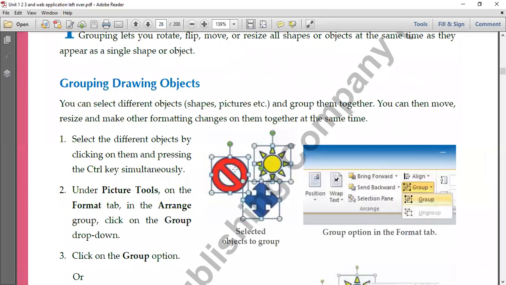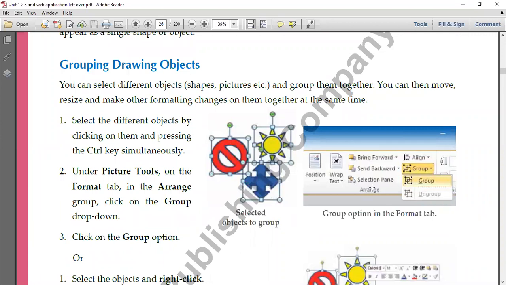Grouping means like if I want 2-3 images to be connected, so that if I drag one image, other also, they are also dragged. If I would try to increase the size of one image, बाकियों का size भी increase हो. So this is that means we group them together, right? So how do we group them? So simply there are two ways.